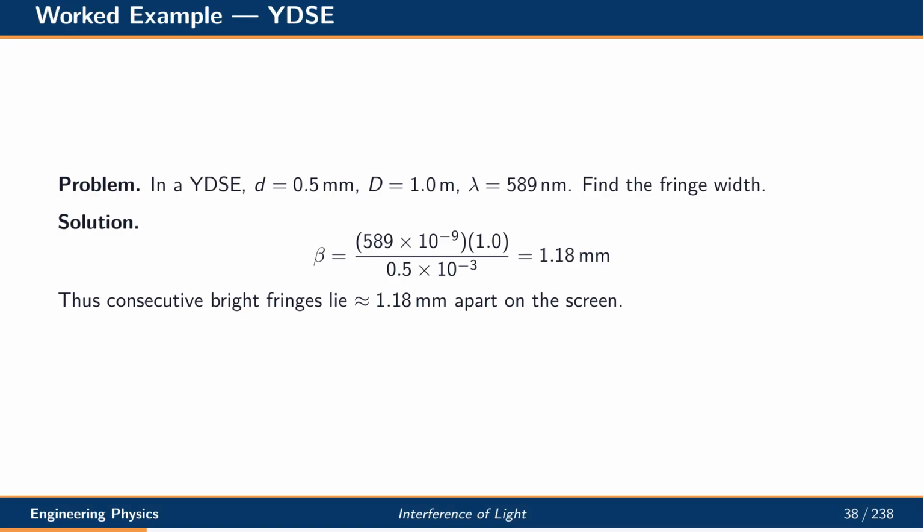Let us consider an example with a slit separation of half a millimeter, a screen distance of 1 meter, and a sodium yellow wavelength of 589 nanometers. Plugging these values into the fringe width formula gives a fringe spacing of about 1.18 millimeters. So consecutive bright fringes will appear roughly 1 millimeter apart on the screen. This is large enough to observe easily without